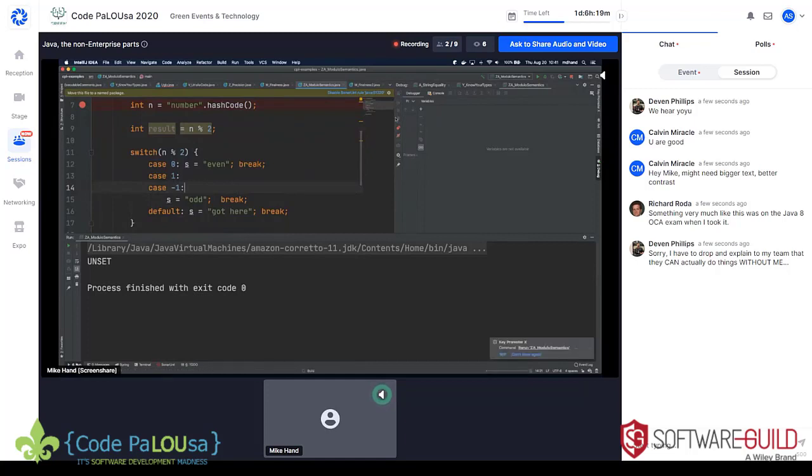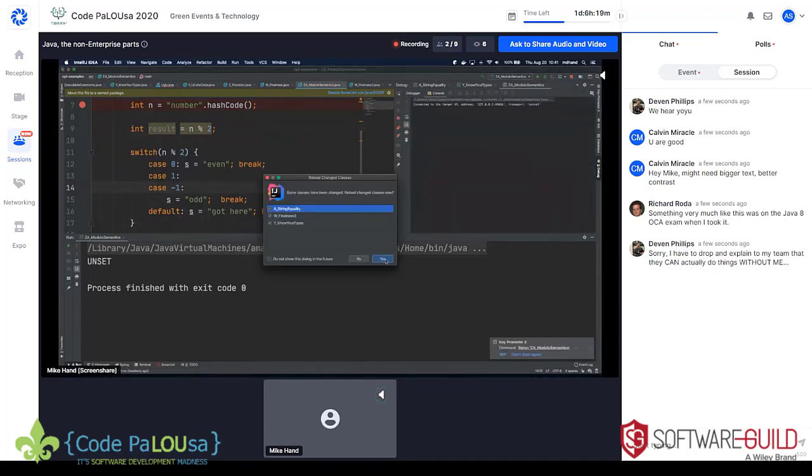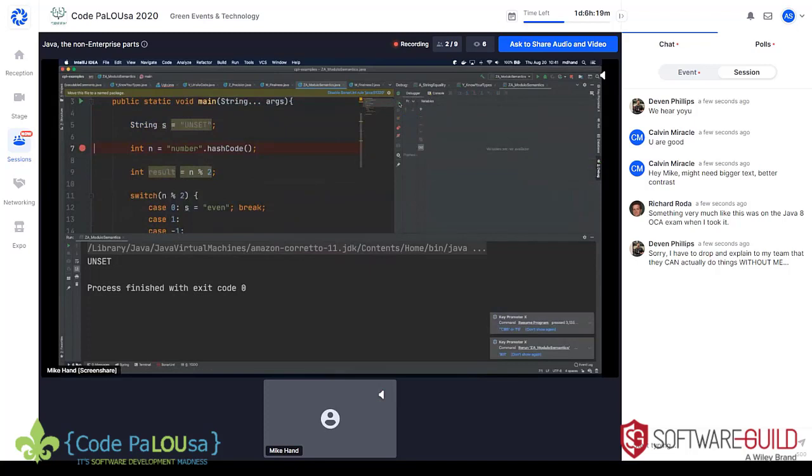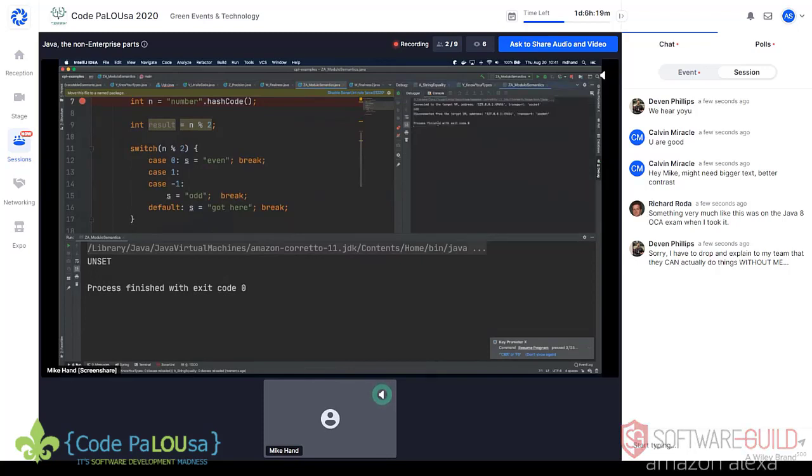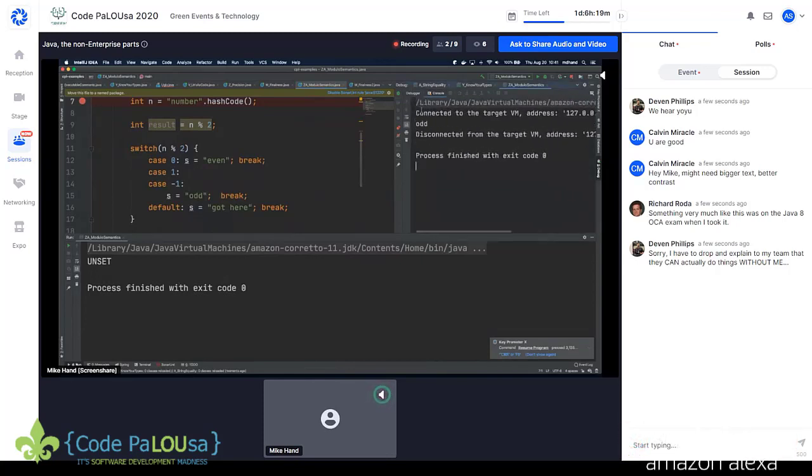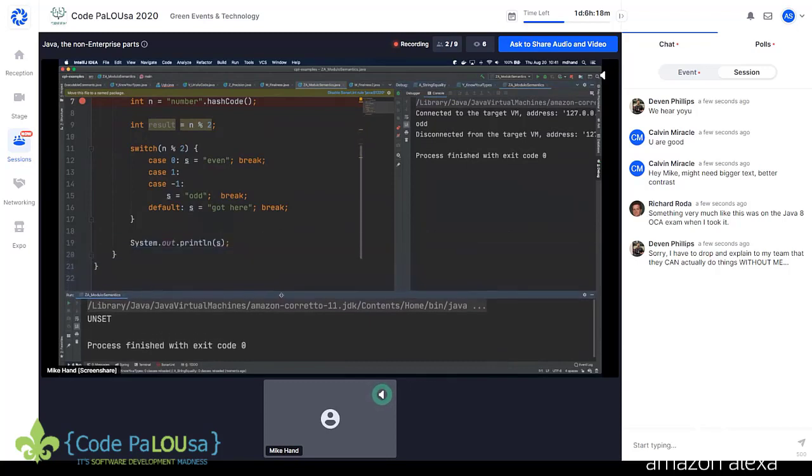That should work. Well, that might still have not worked. Oh, there we go. Odd. I don't know why sometimes I'm up here and sometimes I'm down here. To be honest, I haven't figured that out. So beware the modulo operator.